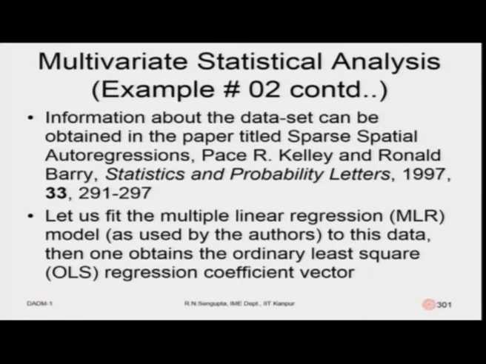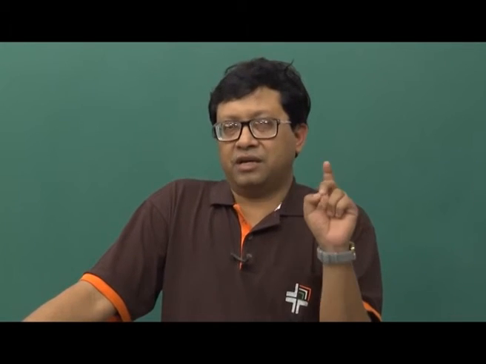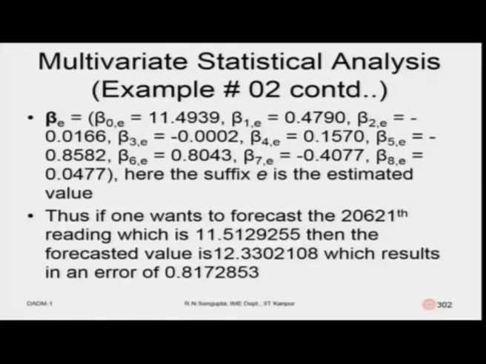Obviously, these regression coefficients, the betas, if you remember, we will consider them to be sample ones. Even if the data size of 20,640 is huge, we will still consider that the data on which we are doing this study is just a sample. So, they would be estimates. The estimates we denote by suffix e, and that bold beta is the vector. In this model we consider there are 9 betas starting from beta naught: beta naught, beta 1, beta 2, beta 3, and each would have its own significance.